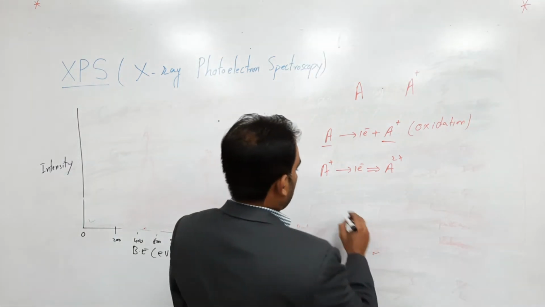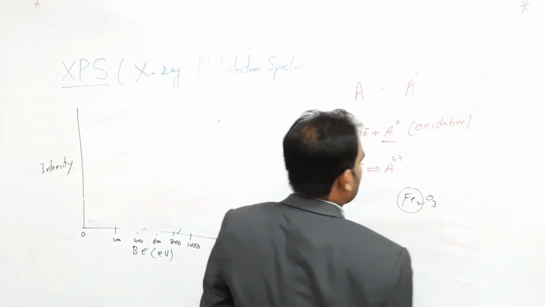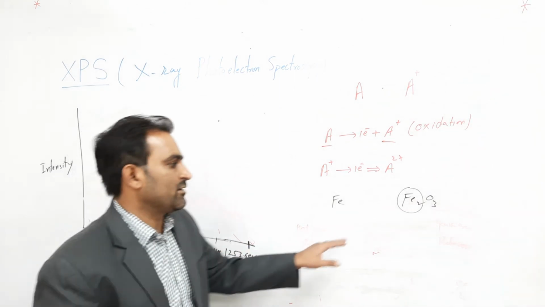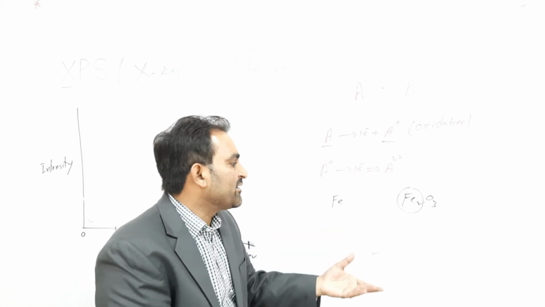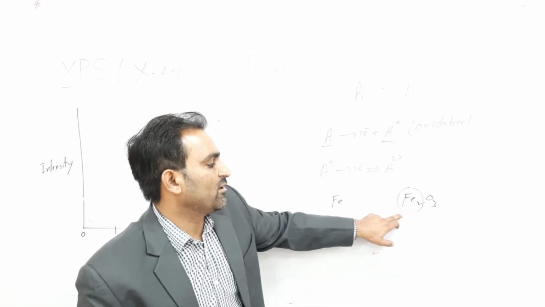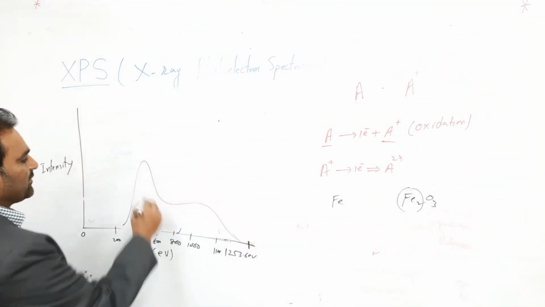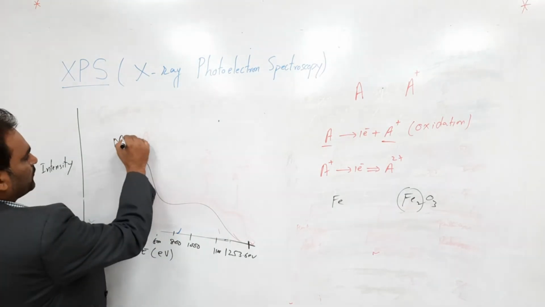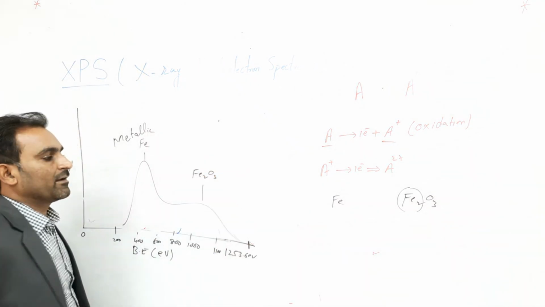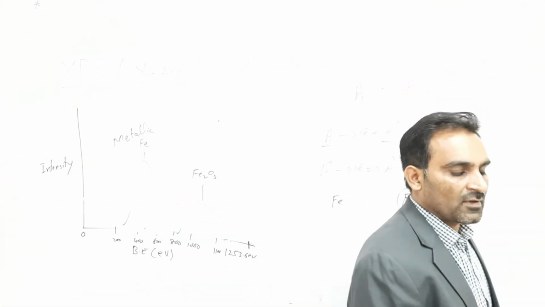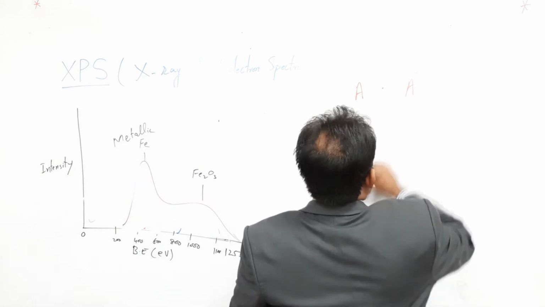Similarly, suppose we have Fe in metallic form and Fe2O3. Here you have its interaction. The more the electron is tightly bonded, the more it is engaged. So in that case, for this particular signal, the oxide will have higher binding energy. It will be like this. This is your metallic, and this is for Fe3. Similarly, you have positions for oxygen.